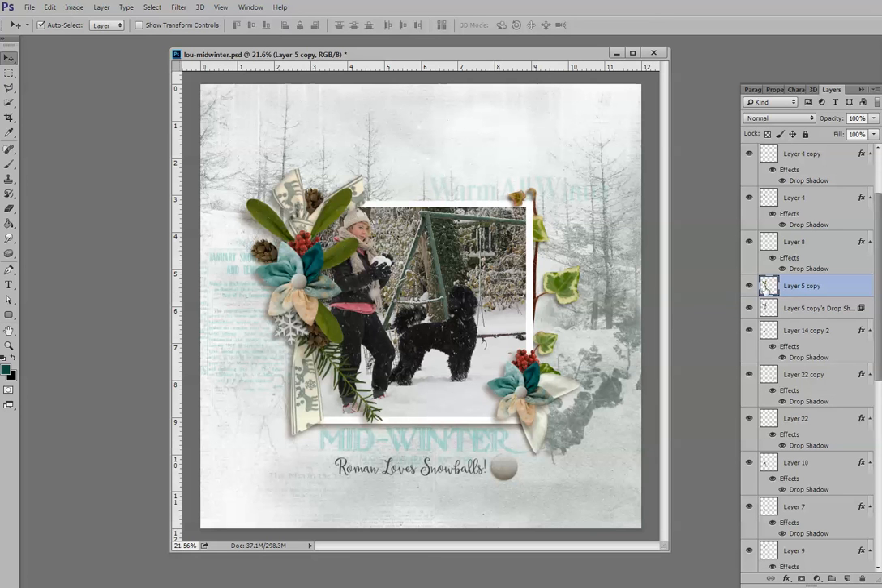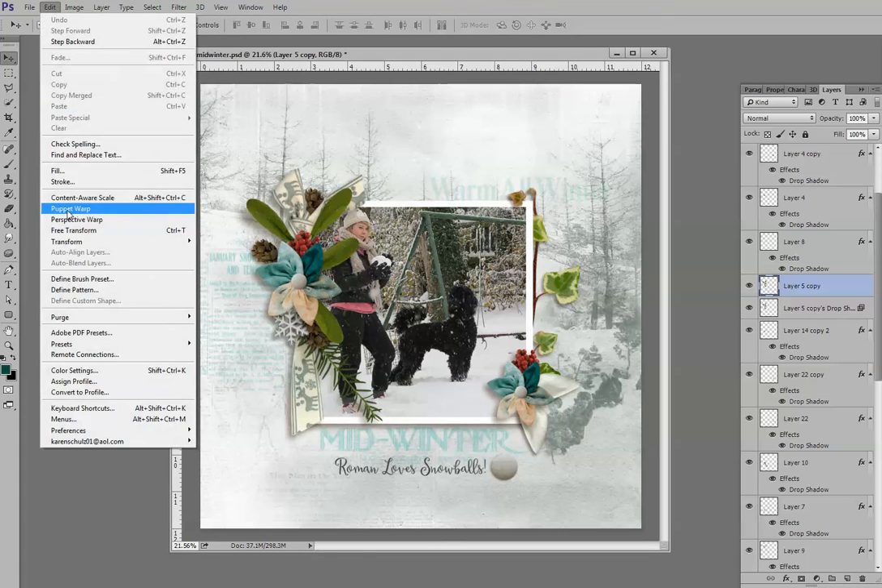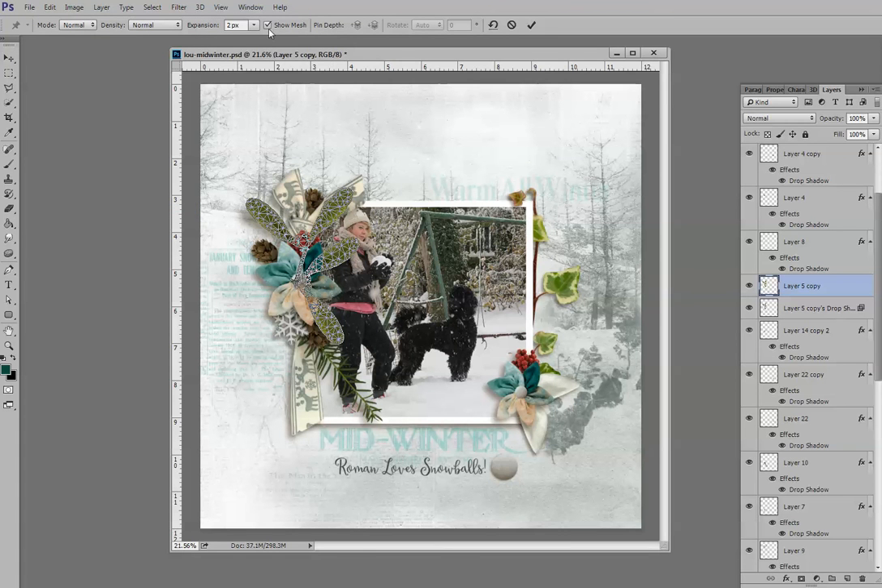So by clicking on this to make it active, this is the leaf layer. Come up to Edit, Puppet Warp. Up here I have Show Mesh. If you don't want to see that, you can click to turn it off. Let's go ahead and leave it off. And I'm going to click